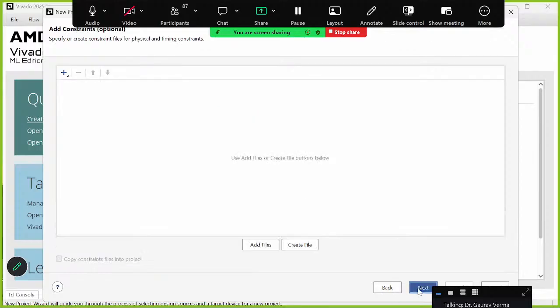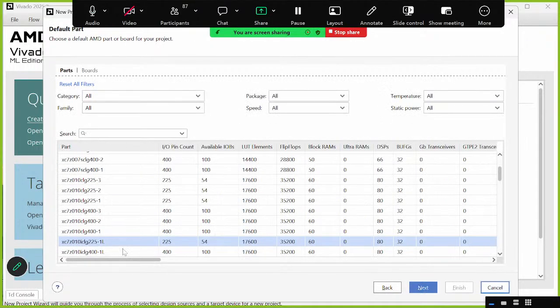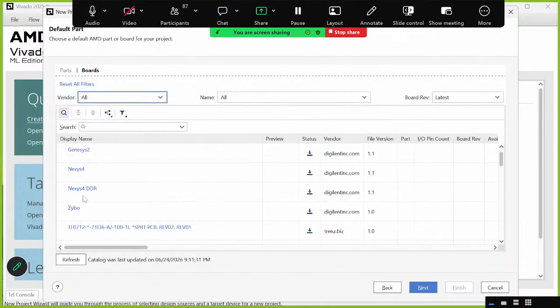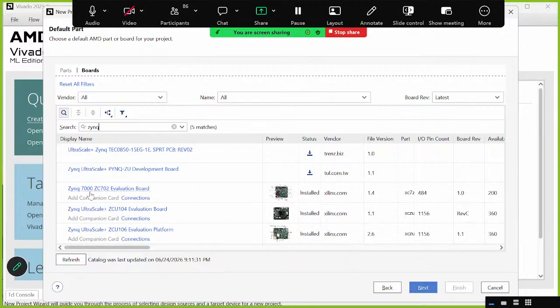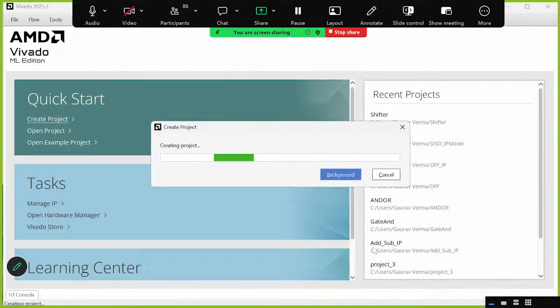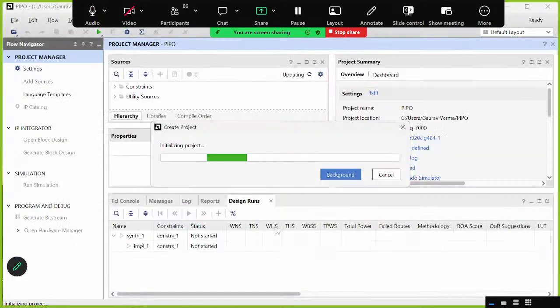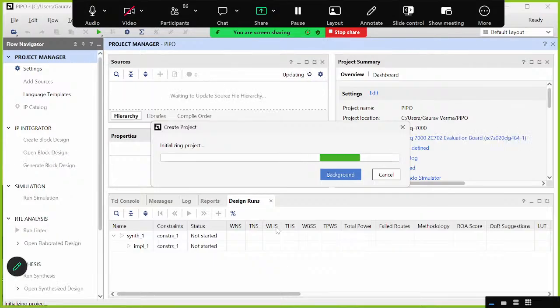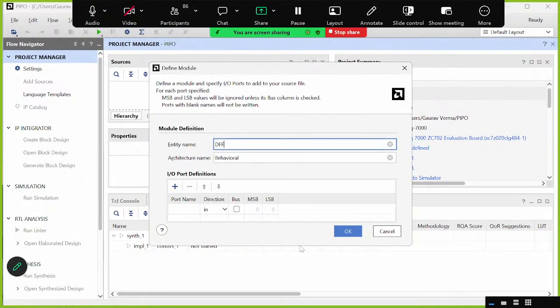Okay, then next, choose board over here. Which board? ZYNQ. Next, and finish. It will create a project for you. Okay,